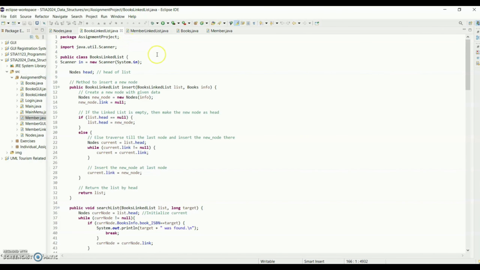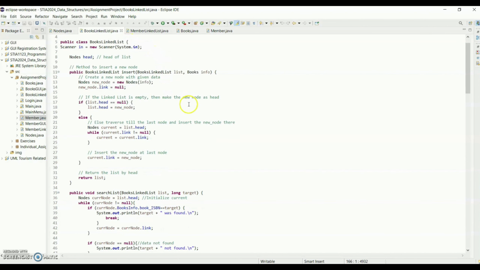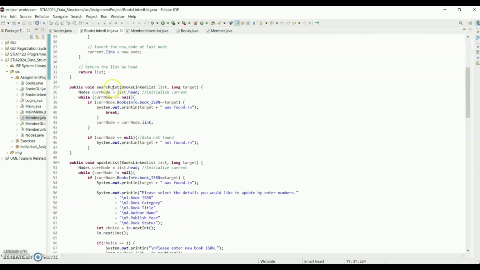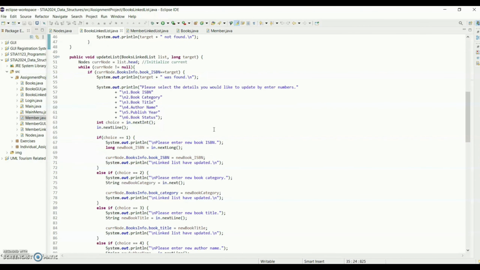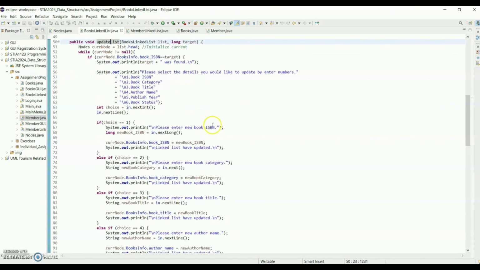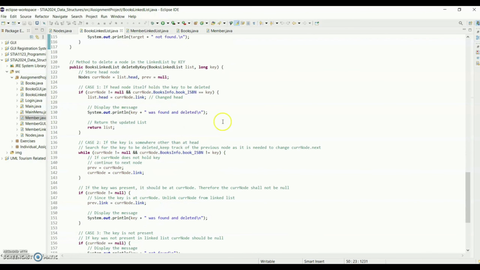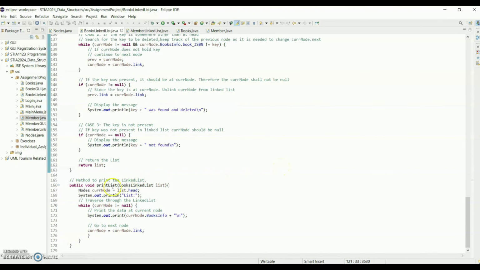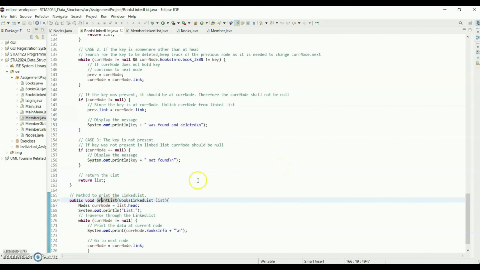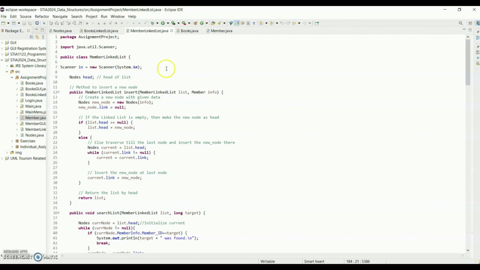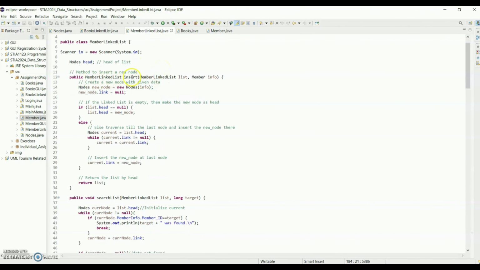This is the coding for booksLinkedList.java. So they have insert, search list, update list, delete by key, and print list. Next, this is the memberLinkedList.java, and they also have insert,